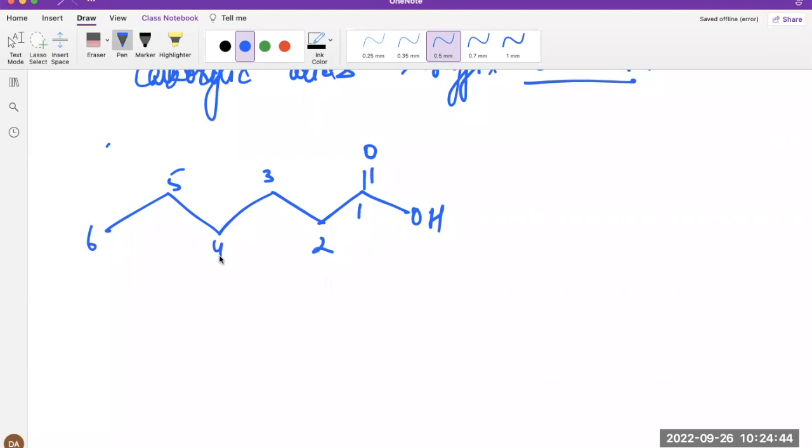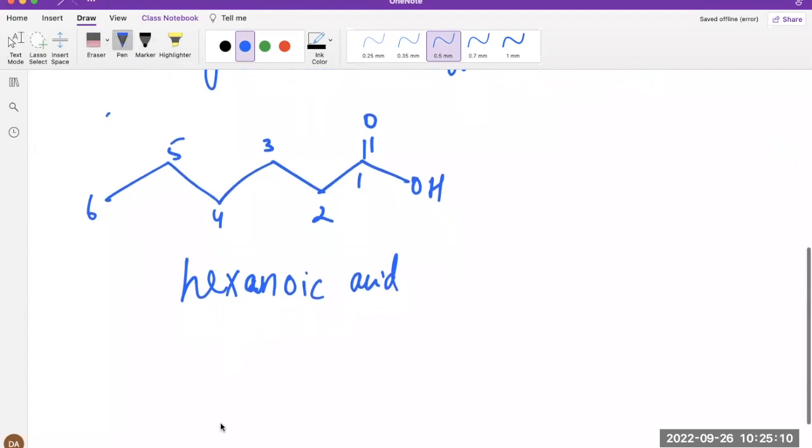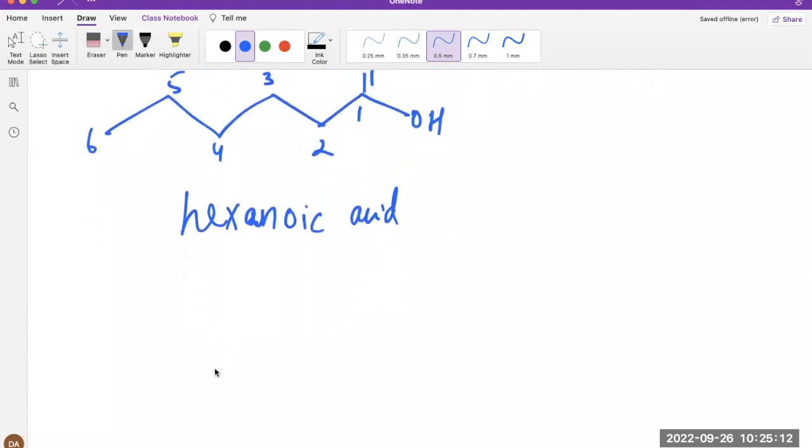Okay. All right. So this has 6 carbons. Okay. So if we have 6 carbons, what name do we use? So for 6 carbons, we use the term hexane. Now, guys, since we are going to be adding the oic acid in the back, we have to drop this E. So let's remove this E. So you stop at N, so hexan, and then you add, remember we learned oic acid, you just add that at the end. Okay, so hexanoic acid. Okay, so let's keep doing some more examples.